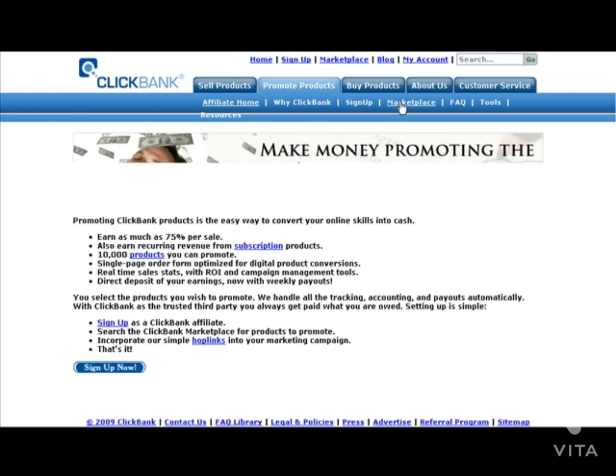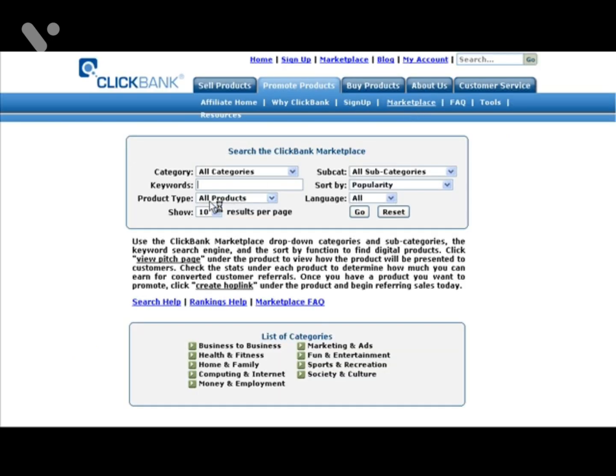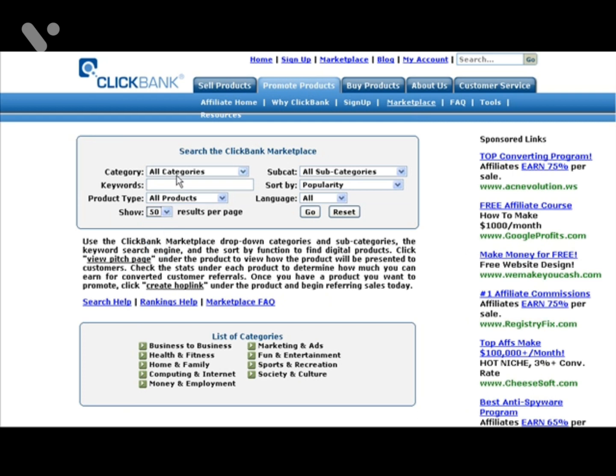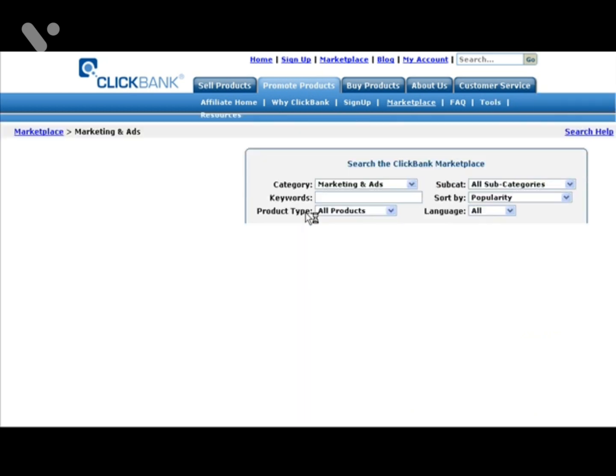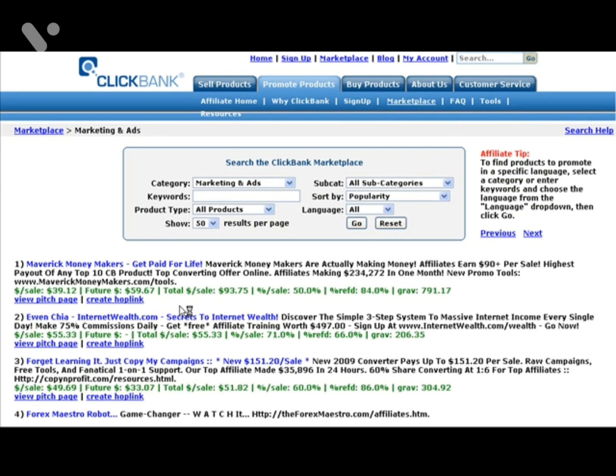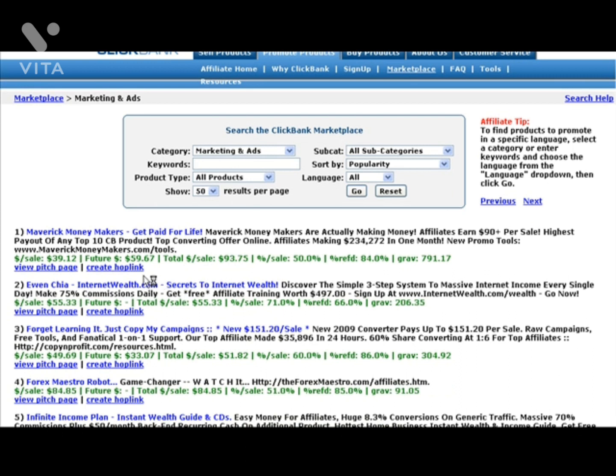Let's go to the marketplace. Let's just have a look in the marketing and ads section. And let's say that we want to promote this product, Maverick Moneymakers. Now we want to go ahead and create the hop link as you would usually do, and this box comes